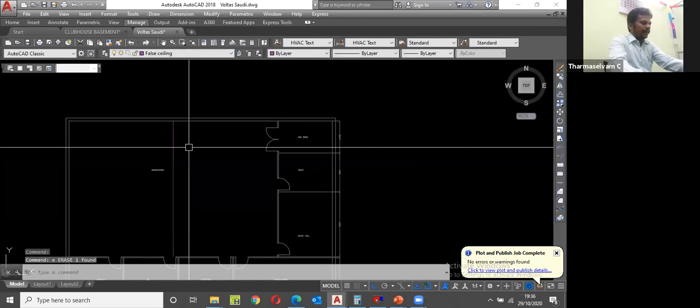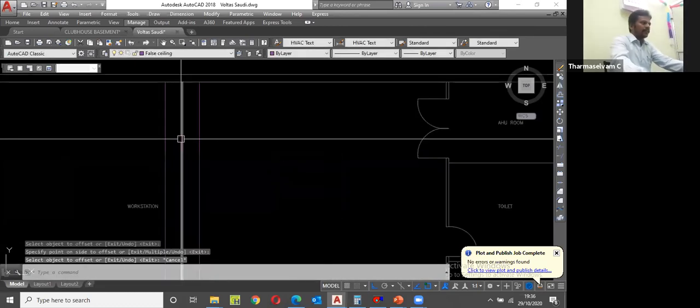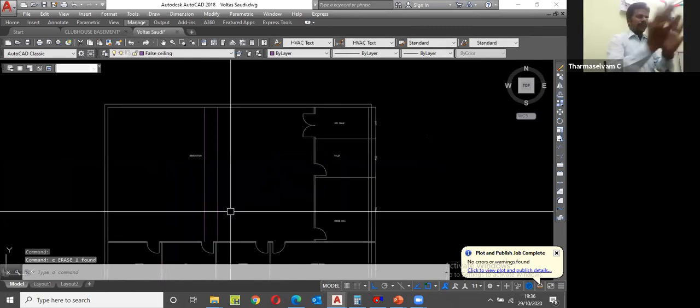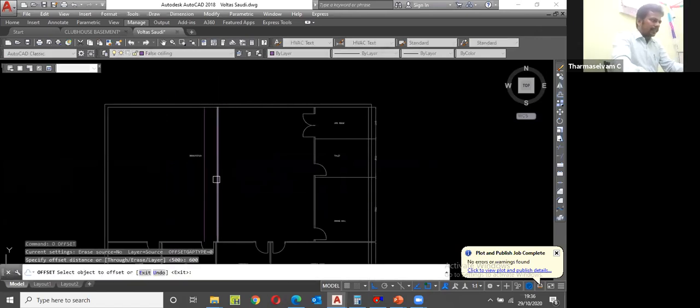Offset 500. The center I am going to make here, 1000 mm is the gypsum wall ceiling. Then on this side I am going to do the grid ceiling. That side is the grid ceiling. Offset 600, that grid tile size is 600. Offset 600.